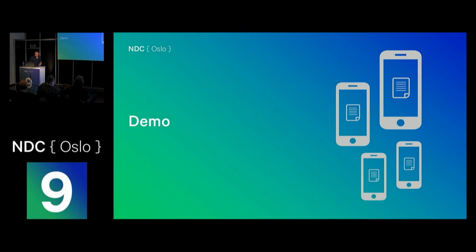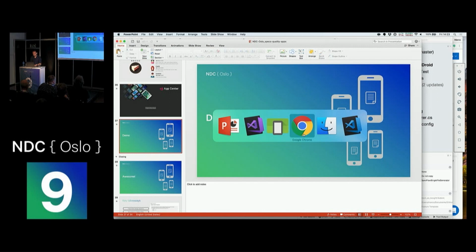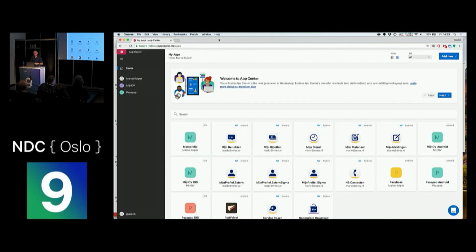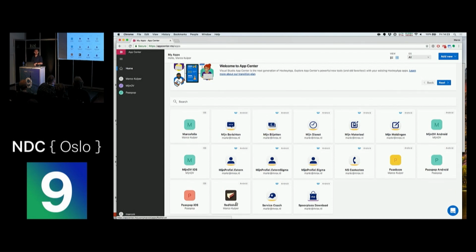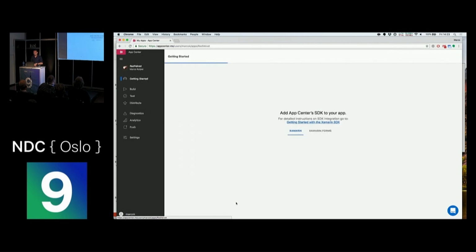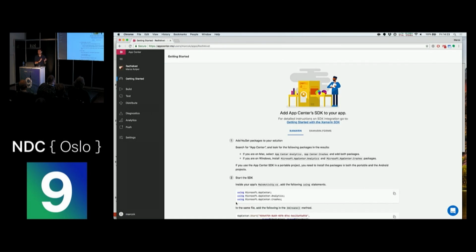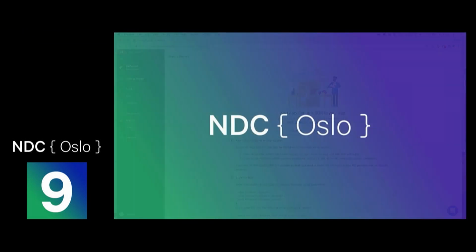So for that, I'm going to do another demo. I'll just switch to my browser. Over here, I have my version of App Center already open. And at the bottom, we see the red velvet application for Android. When I click that one, we can do a lot of stuff inside of App Center. We can also continuously build and integrate and test and distribute to the app stores, everything in App Center. That's going to take me another hour, so I'll just focus on the testing part.